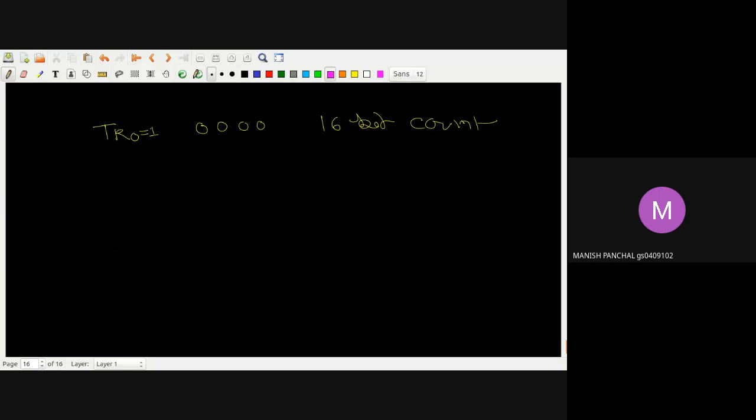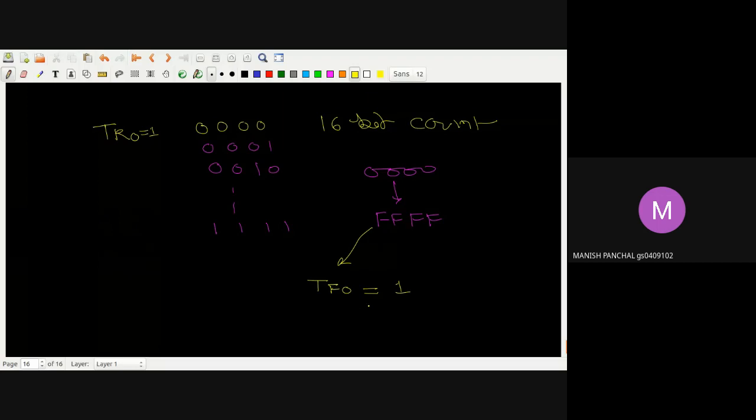तो उसके बाद क्या होगा कि जैसे मान लो ये रन किया मैंने, तो ये कंटिन्यूसली चलता जाएगा 0001, 0010, इस तरह से चलते चलते ये फाइनल वैल्यू पे आ जाएगा 1111। तो ये मैंने उसमें लिख दिया, ये 8 बिट का हो गया, सॉरी। तो मान के चलें कि ये 00 से चालू हुआ है हेक्साडेसिमल में, और चलते चलते FF पे आ गया है। तो जैसे ही FF पे आया, इमीडिएटली मेरी TF0 1 हो जाएगी। TF0 ऑटोमेटिकली 1 हो जाएगी, आपको 1 नहीं करना है, आप TR0 को 1 कर सकते हो, TF0 को नहीं। ये शो करेगा कि TF 1 हो गई। लेकिन अभी भी आपने TR0 को 1 किया हुआ है, तो ये कंटिन्यूसली रन करता जाएगा।